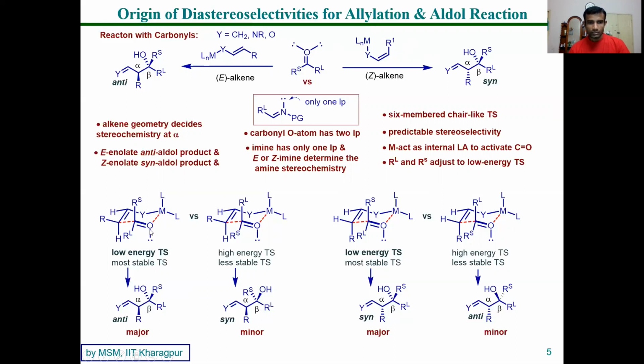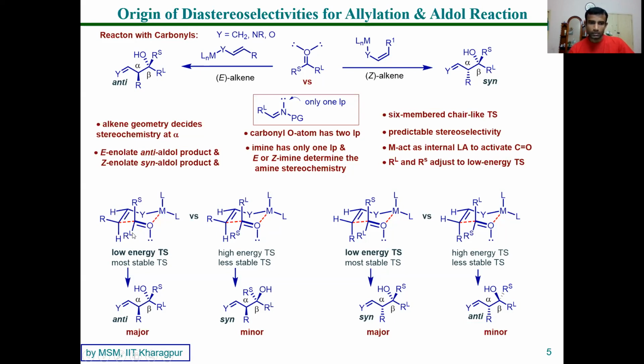So it is acting as a Lewis acid. When it acts as a Lewis acid, it lowers the energy of the carbonyl pi star orbital, so it can much more readily overlap with the nucleophile. So that is also how it activates this bond, and it helps to form an associative transition state, the Zimmerman-Traxler model I mentioned earlier. Now in the carbonyl case, which of the large alkyl group and small alkyl group wants to be in the axial or equatorial position? Obviously, the large group likes to be in the equatorial position.